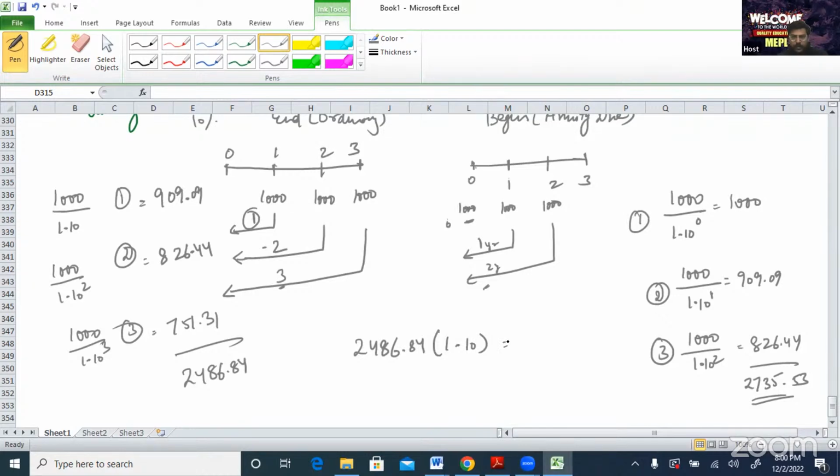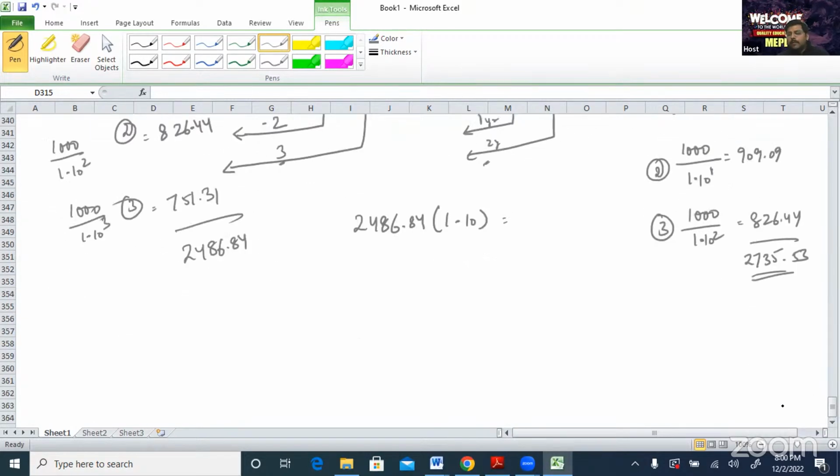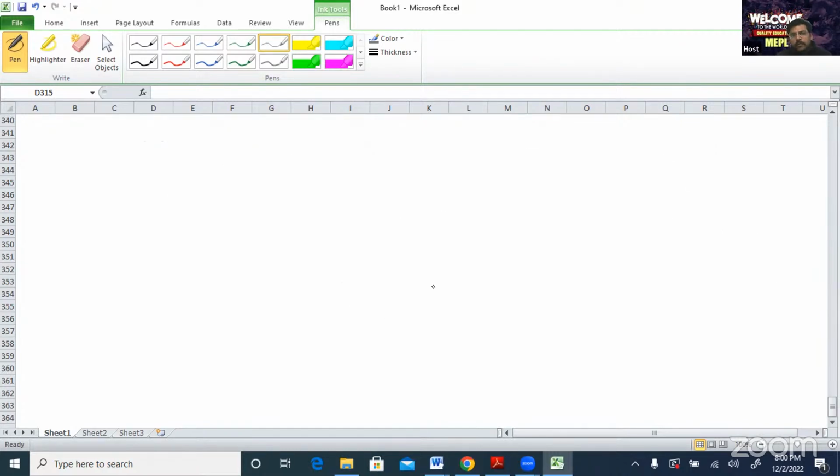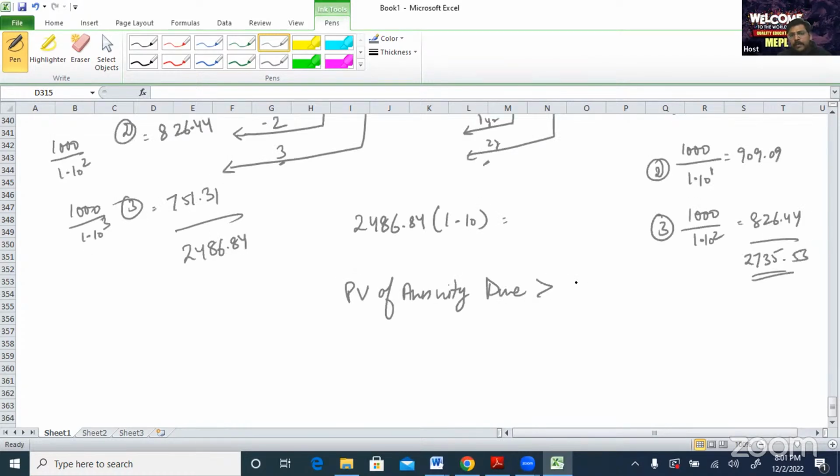2486.84 multiplied by 1.10. You can see 2735.53. So the same number I am getting here. Okay. So from this, what analysis I have done? I have done that present value of annuity due is greater than present value of ordinary annuity,